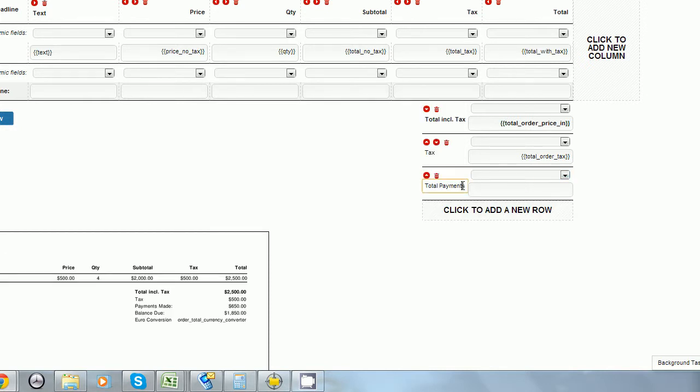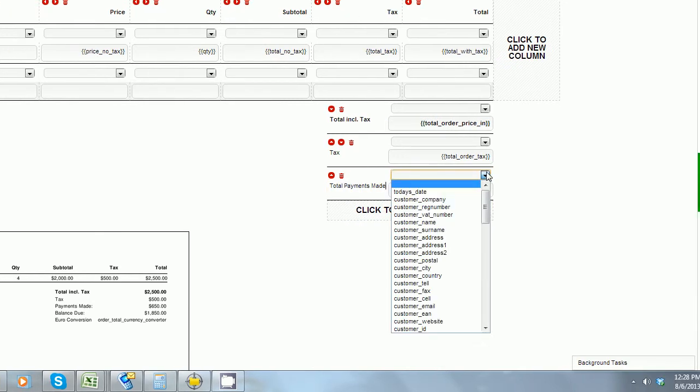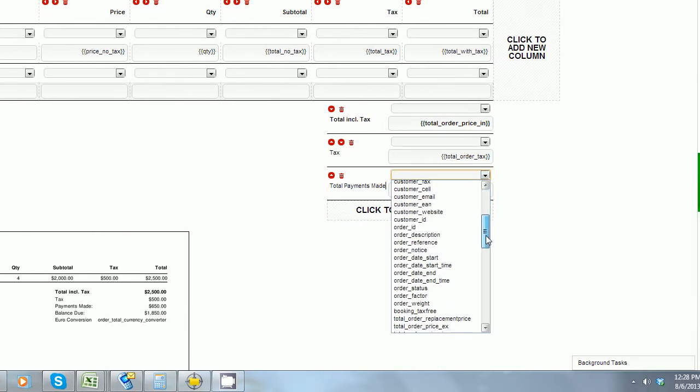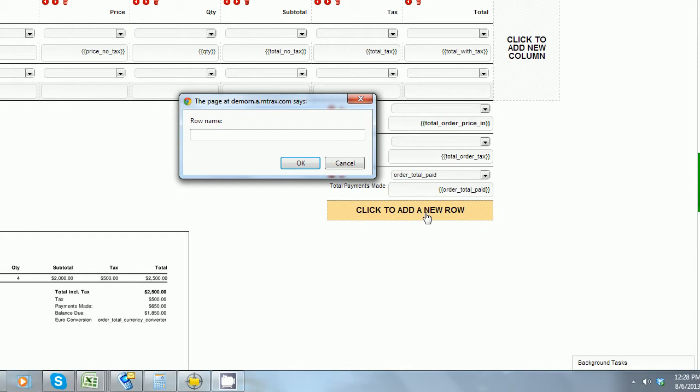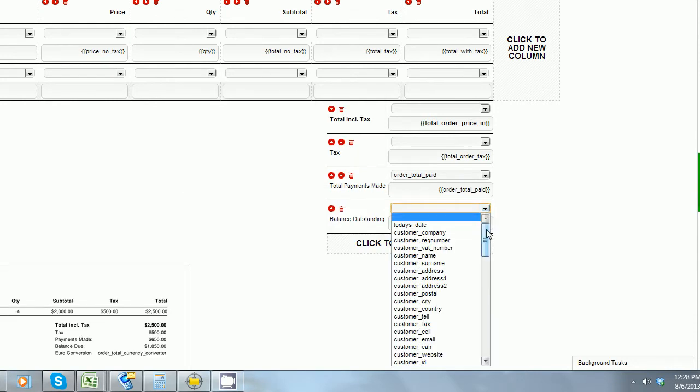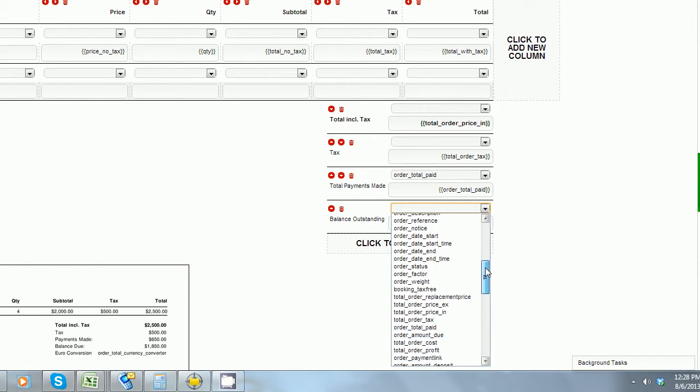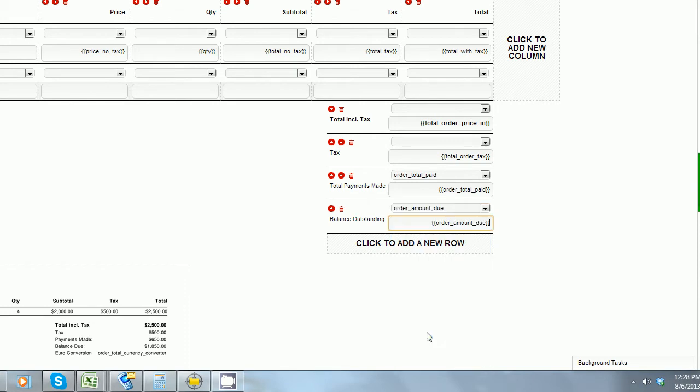You can also click on them here if you want to change what it says as well and edit your text field there. We're going to use the drop down dynamic field and scroll down to enter in order total paid. And then we're going to add another row. This is going to say balance outstanding. Using our drop down menu again, we're going to scroll down and we're going to select order amount due. This is now going to show all total payments, the total of all payments made on this order, as well